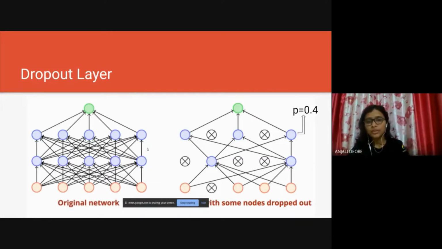Now, after convolution and pooling layer, we are going to talk about the dropout layer. So, what exactly is the dropout layer? I guess you might have learned about the dropout layer in yesterday's session as well, in the neural networks introduction. What exactly is a dropout layer and why do we use it? The basic concept remains the same: we are using the dropout layer in order to avoid